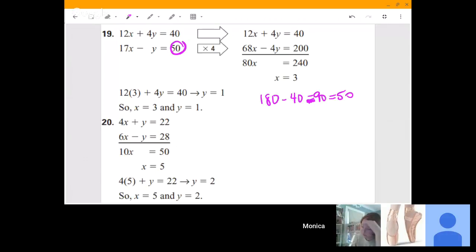So now remember when you would set your two equations up, and sometimes you may have to do something to one of the equations so that you could eliminate a variable. So on this one, that's where this multiply by 4 comes in, okay? Because when you set them up like this, you have 4y and a minus y. Well, that's not going to get rid of a variable. But if you multiply the bottom part through by 4, then when you add down,